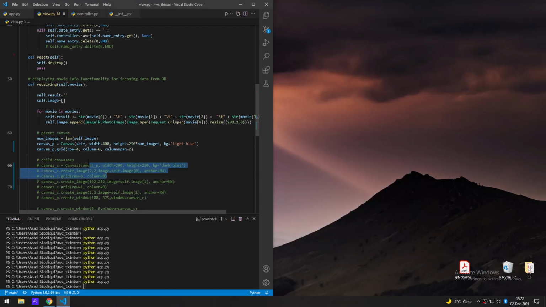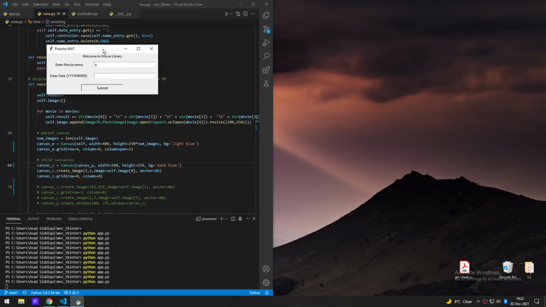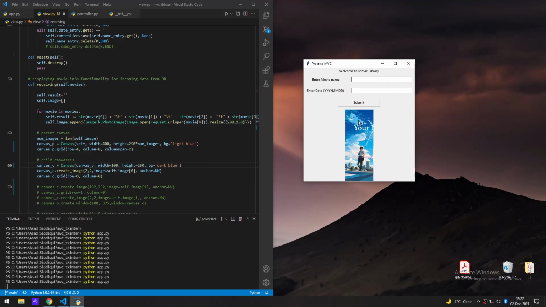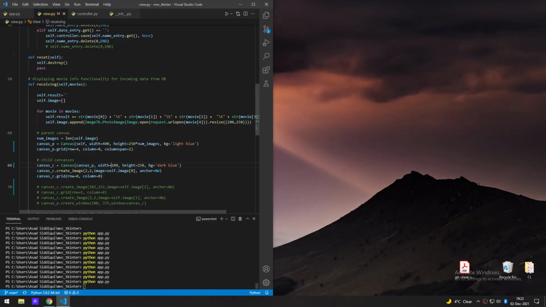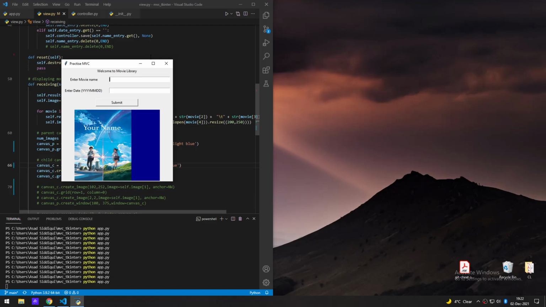Anywho, now if we comment these out, the first child we got here is going to be on the parent canvas. Width is going to be 200, and let me do, should I do 100 just to see? I'm honestly just tinkering around with this UI because I cannot seem to figure it out. But so this is how it looks. It completely chops it off rather than giving the rest of the light blue on the back. It does not do that at all. Interesting to see again. 300, maybe it'll show us some border on both sides, but right,